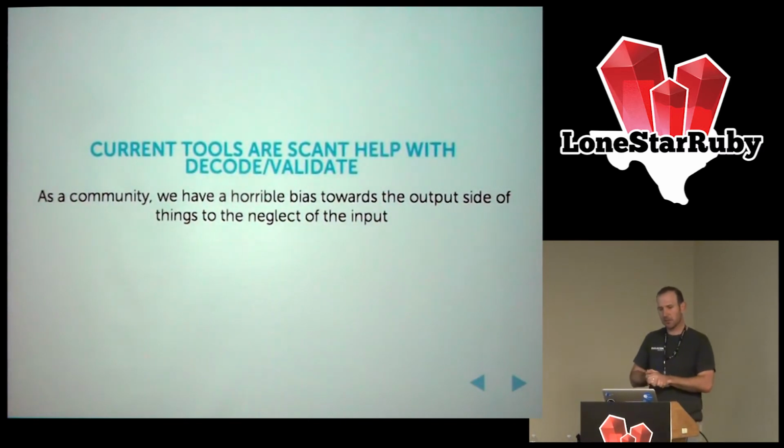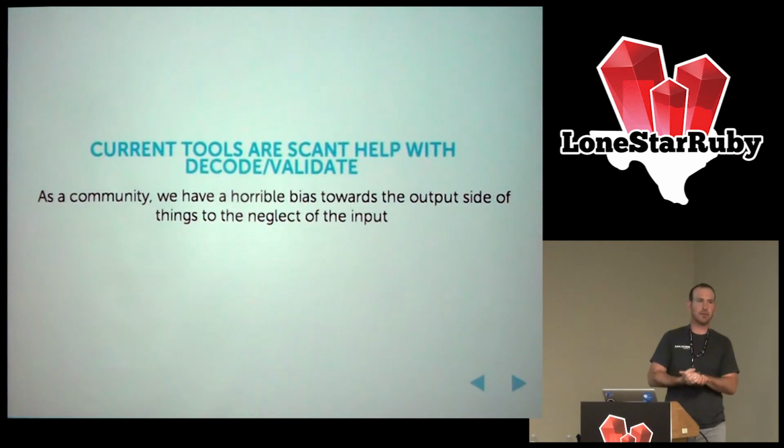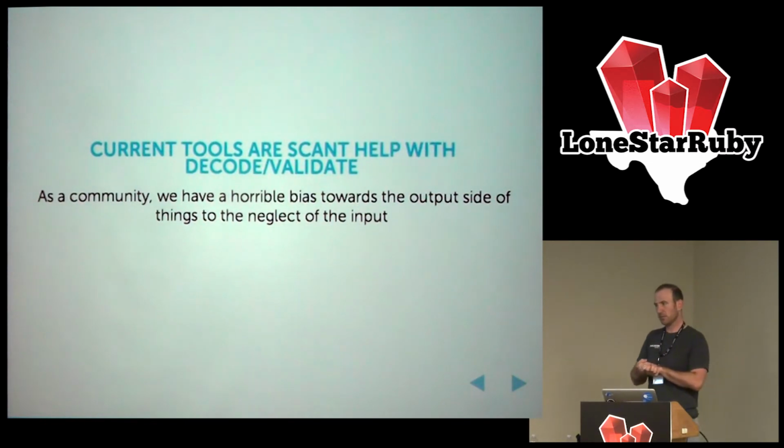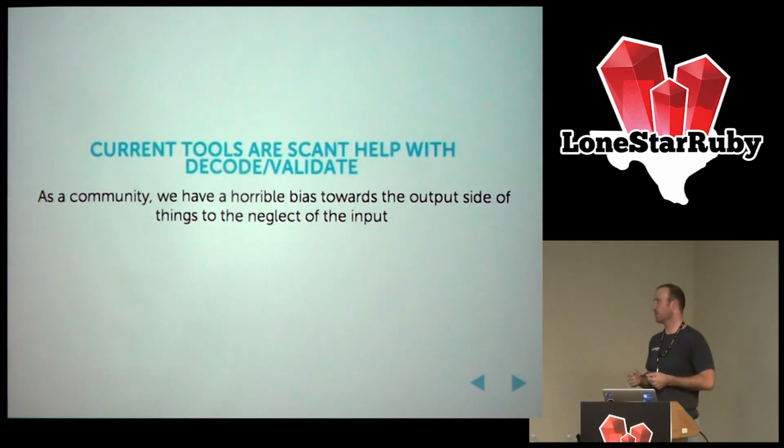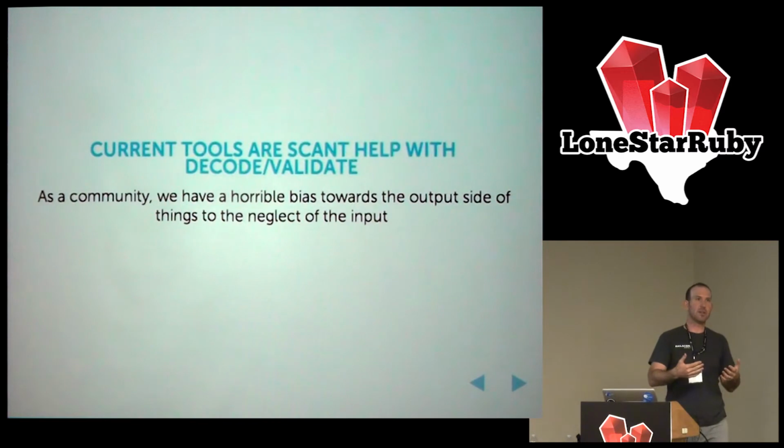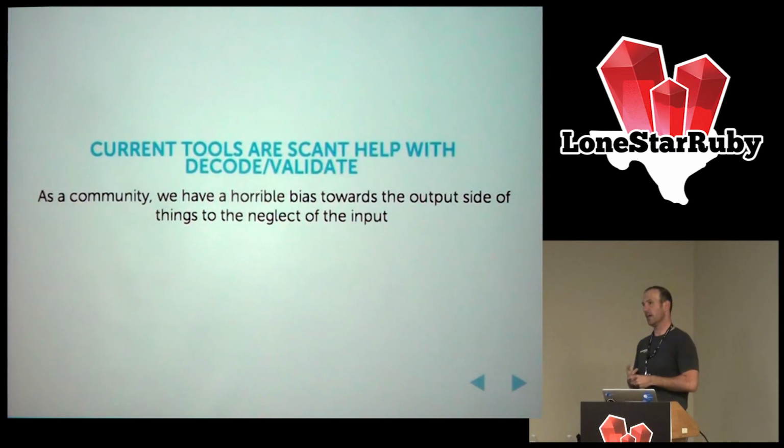So I feel as though this is not just a problem with command line applications. I feel that the Ruby ecosystem, and perhaps in general, has a bias towards output instead of input. I mean, you think about all these tools. How many templating engines are there? We've got decorators and presenters and renderers and all this stuff for laying things out and generating great output. But when it comes to very orderly, repeatable ways for converting strings back into objects, it's hard to find.